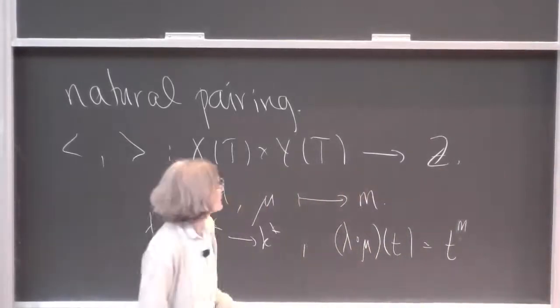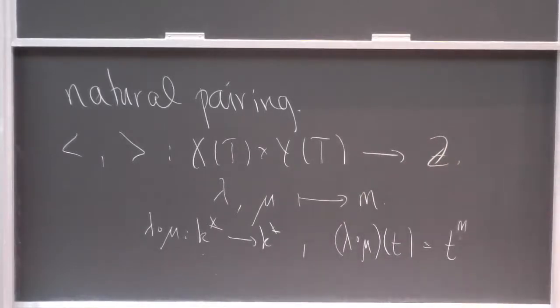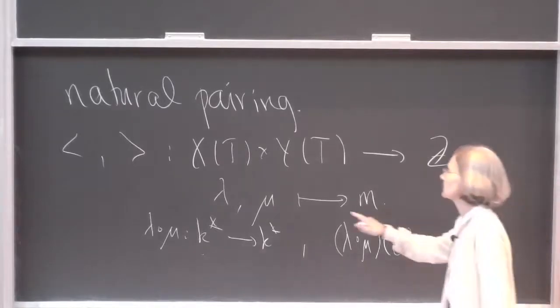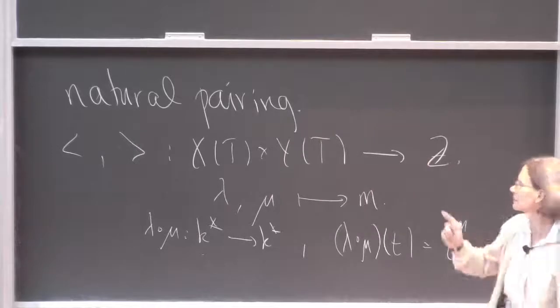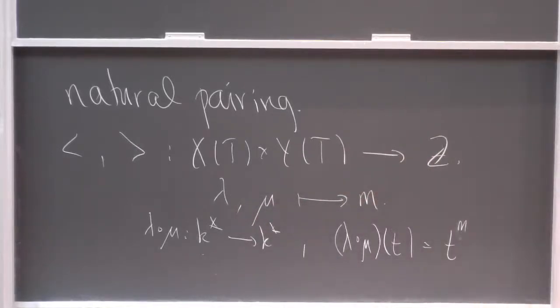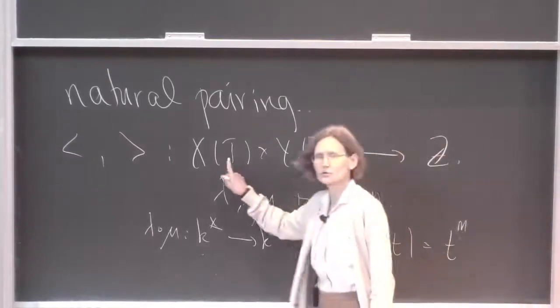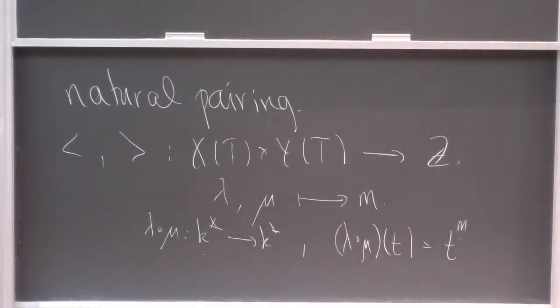All right. It's a perfect pairing in the sense that all the homomorphisms from X of T into the integers are given by finding a mu. And all the homomorphisms from Y of T into the integers are given by finding a lambda. I won't write that down, but it's got some nice properties, this pairing. Okay, so now there's a certain subset of the character group and a subset of the co-character group that will play an important role. So we define